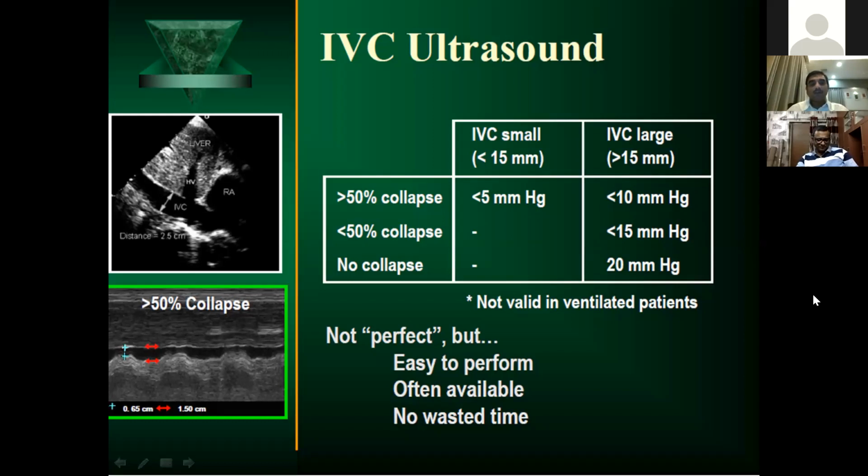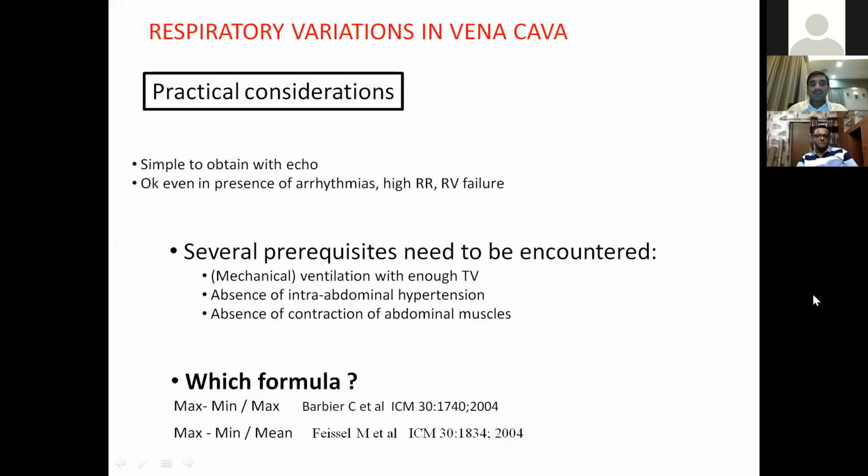First and foremost, nothing is better than IVC, but there are a few definite prerequisites. The patient has to be on mechanical ventilation with enough tidal volume, and we need the absence of confounding factors like intra-abdominal hypertension, which can directly affect the IVC collapsibility or distensibility. If we can use the distensibility or collapsibility index routinely, it can definitely help as a triggering factor for starting